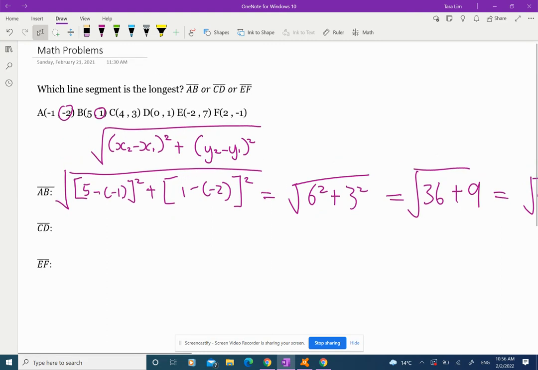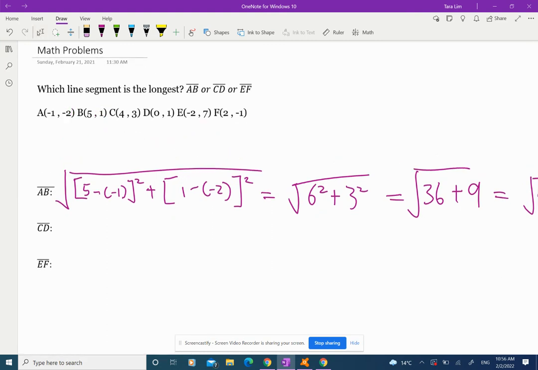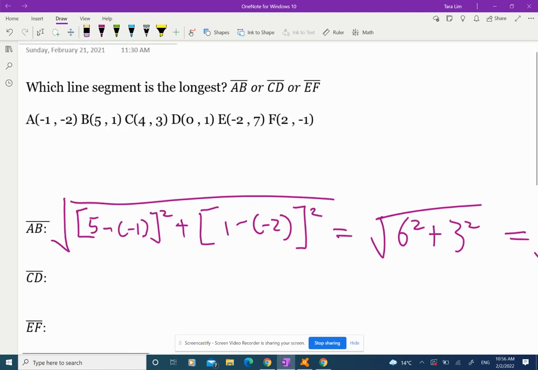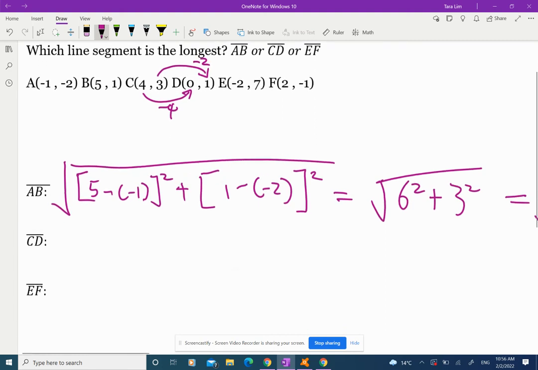Now, there is actually another way instead of using the formula because it is so confusing. So we have points C and D. So we want to know the distance of line CD. So we want to know 4 plus or minus what is equal to 0. So 4 minus what is equal to 0. And 3 plus or minus what is equal to 1. 3 minus 2. So we get